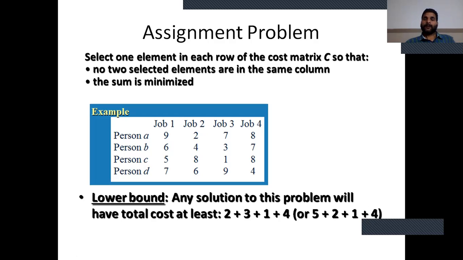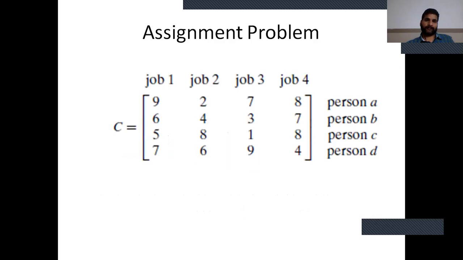Now we assign tasks, one task to one person, only one task to one person. So job 1, job 2, job 3, job 4. Any one job can be assigned to A. So A has 4 options for selecting a job: 1, 2, 3, and 4. We solve this assignment problem with the help of a state space tree diagram.